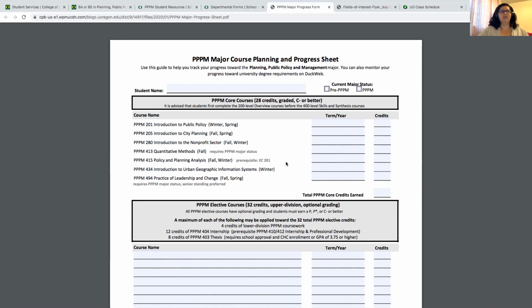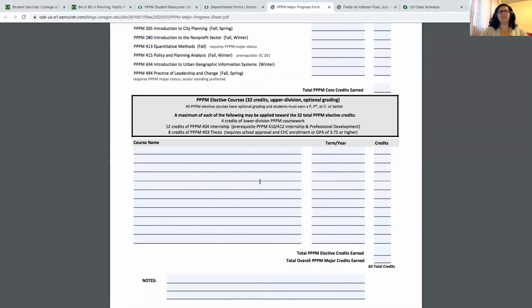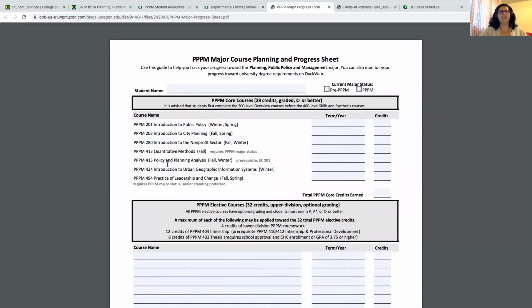So some good classes for you to take your first term or first couple terms are Econ 201, 3PM 201, 205, or 280. And then maybe your second or third term, you can start diving into some 3PM electives. Just to reiterate, a 3PM elective is any 3PM class that's not one of these 7 classes. The 3PM major does not accept courses from other areas of study or other subjects. So for example, environmental studies courses and business courses will not count towards the 3PM major and will not be accepted as courses for the 3PM elective requirement.